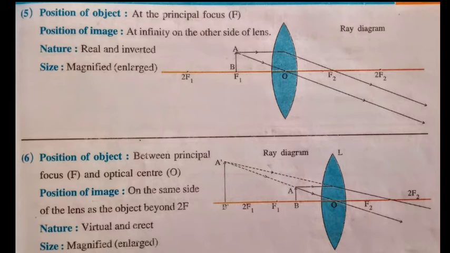As they are not parallel, they appear to meet on the same side of the object at the A dash point. So we get A dash B dash as an image, but it is on one side, the image at the side of the object. It is the virtual image. Okay, so the position of the object